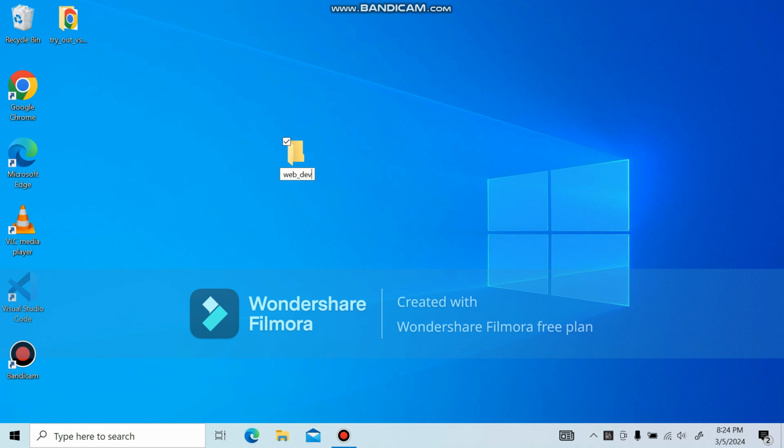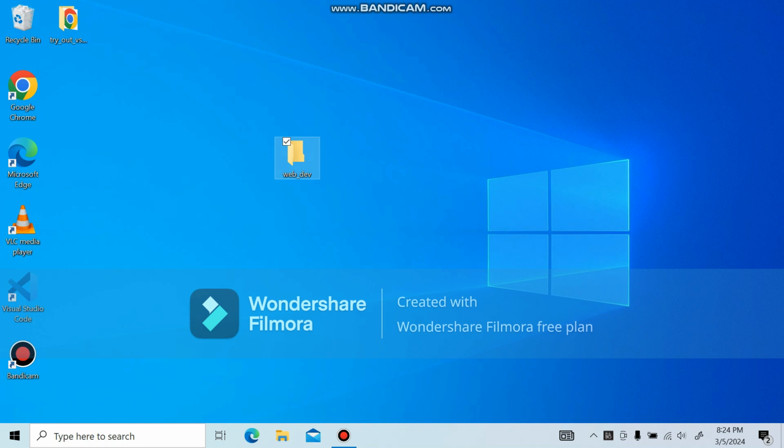When you're naming your folder, it's really important that you don't keep spaces, because in web development you always need to reference things and spaces don't really work with it. Later on you'll see why, but it's good practice not to have spaces between the words when you're naming a folder. So having done that,